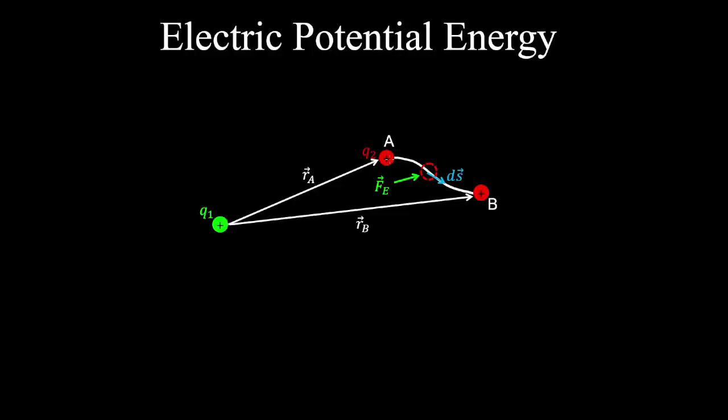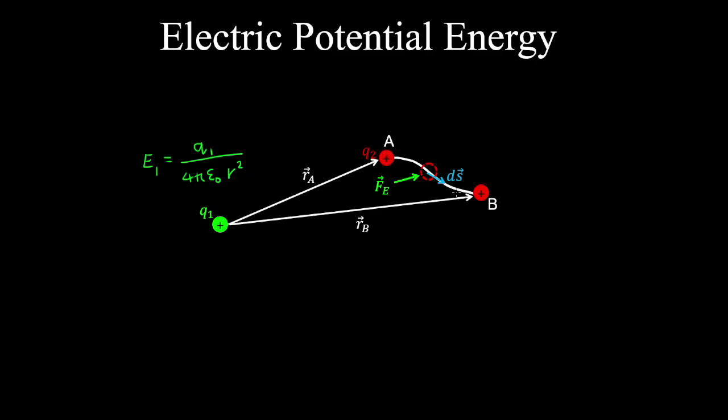Consider the charge Q2, which is in the electric field of a charged object Q1. Recall that the electric field of charge 1 is the charge over 4 pi times the permittivity of free space times the square of some distance from the charge to a point in the electric field. Now if we place charge Q2 in the electric field of Q1